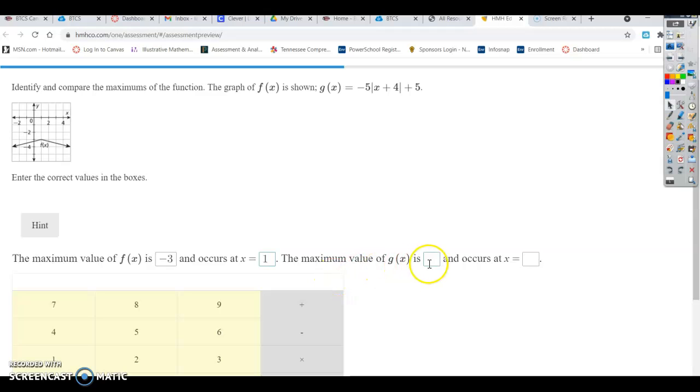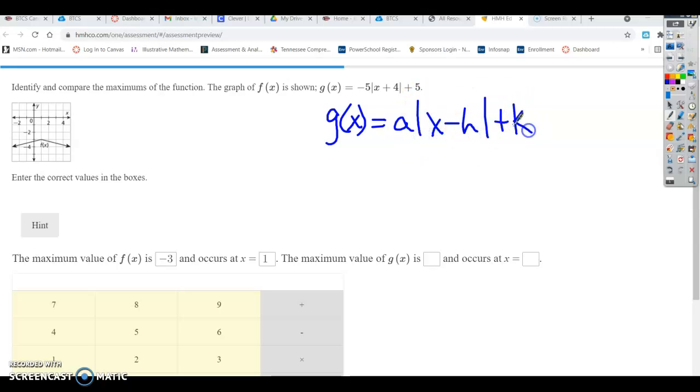And the maximum of g of x is, alright, so this is an equation. So you can either graph it and look at it, or you can remember that this is in vertex form. So you remember you've got g of x equals a times x minus h squared plus k, and h and k are your vertex. Alright, so if you remember that, then you can find the vertex from the equation. Alright, so your vertex would be